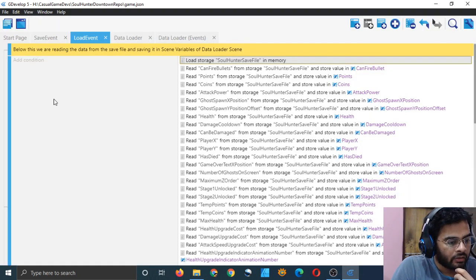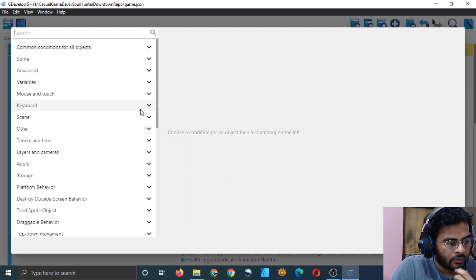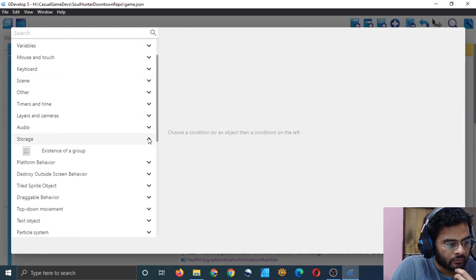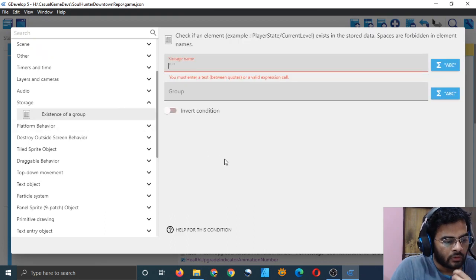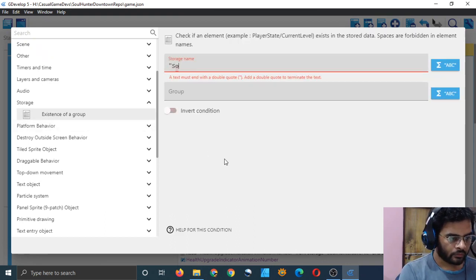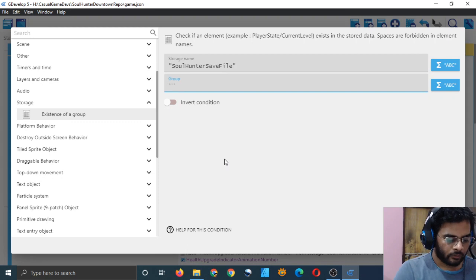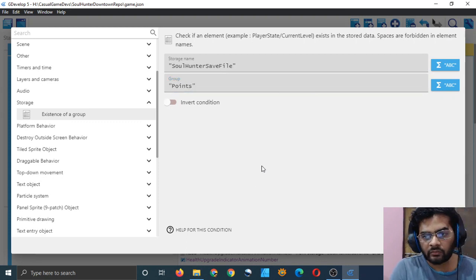I will add a condition here, and that condition will be if this file exists, existence of a group. Yeah, okay, group soul hunter save file. And if group points is present, then everything is present, right?